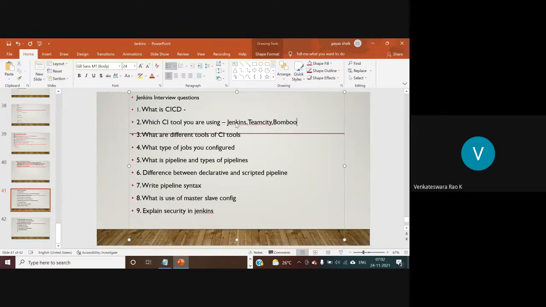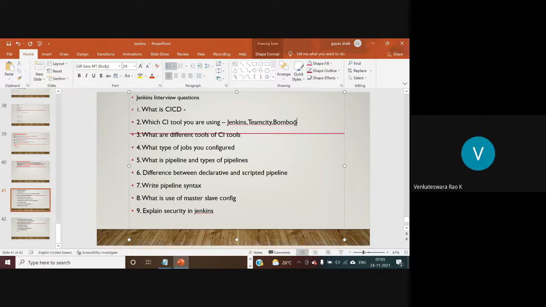Out of these, Jenkins is a very popular continuous integration tool. You can say these are the tools we have for continuous integration, but I am working on Jenkins. The functionality will be the same in all the continuous integration tools.